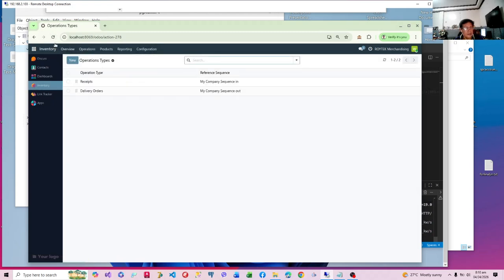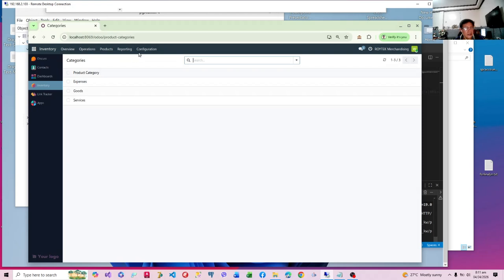Operation types, we can give this to him. We can also limit this to him later because some businesses prefer that the operation types of the warehouse belong to the administrator. Like warehouse adjustments, no? You can add operation types. Okay. We'll find out how we can change that later.